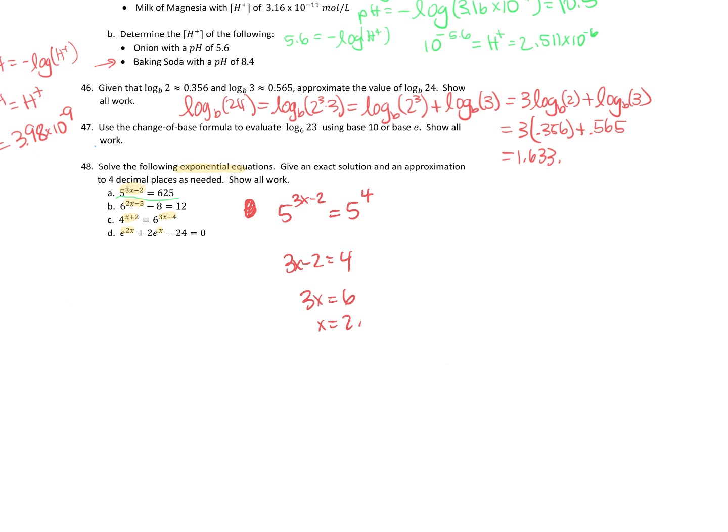Okay, so for the next one, I have 6 to the 2x minus 5. I can go ahead and add that 8 over, equals 20. Now, I don't even have anything close to the same base here, so I am going to have to use logarithms on this one. So I can take the natural log of both sides,